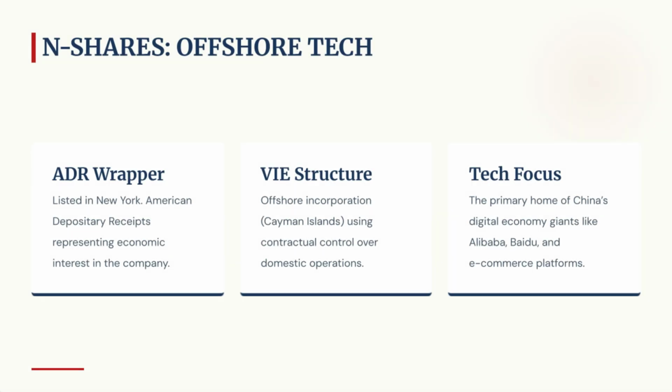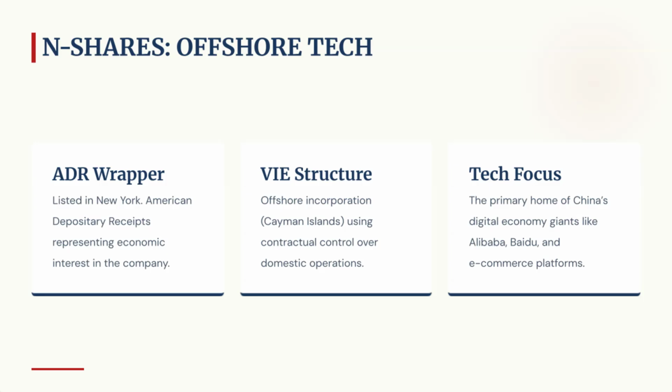N shares are Chinese companies listed in the United States. The specific mechanism is usually an ADR, an American Depository Receipt. Think of an ADR as a wrapper. A Chinese company deposits its actual shares with a US bank, which then issues receipts that trade on the US exchange in US dollars. Investors in New York are buying the receipt, which represents an economic interest in the underlying